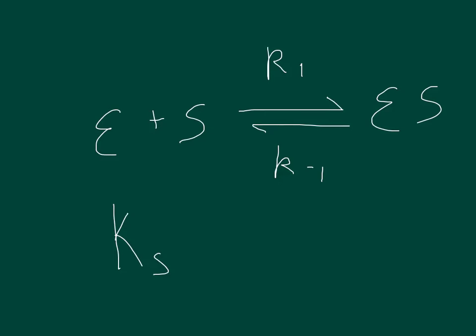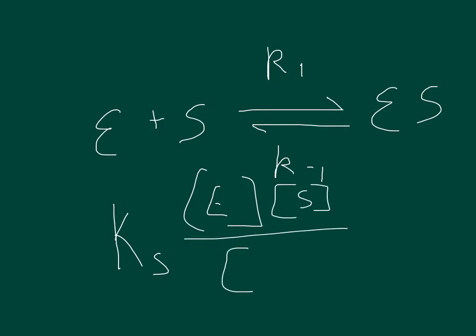So that would be the products, which are the enzyme and the substrate, divided by the reactant, which would be the enzyme substrate complex. So if we ask ourselves, at what rate does the substrate form, it would be equal to E times S over ES, which is equal to K, and that should be a lowercase k, so k